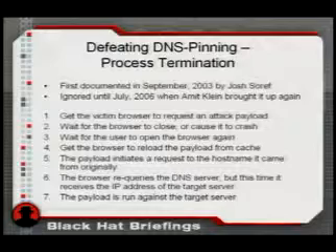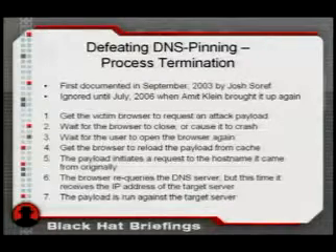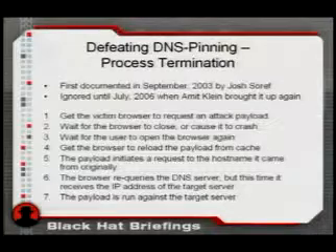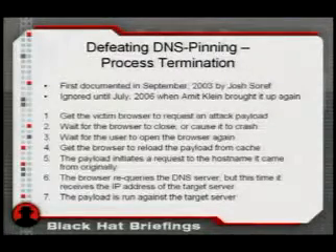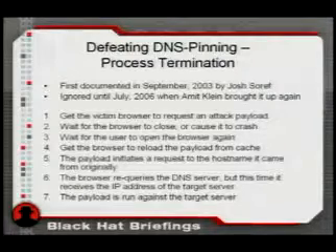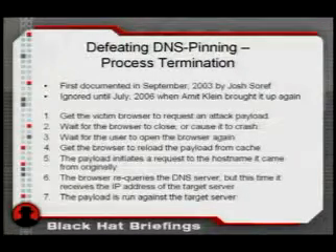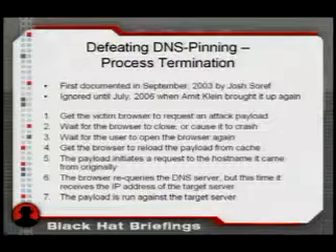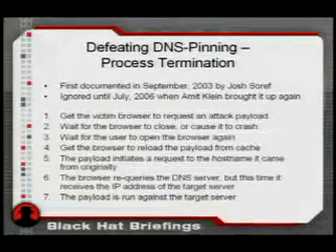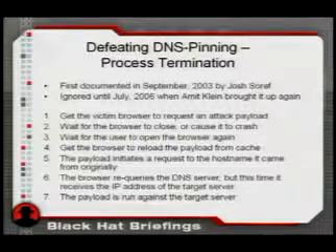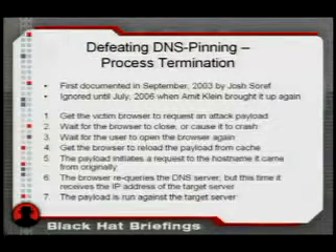The security community didn't look at it much. It didn't get much reference that I could find, at least, until last summer, when Amit Klein made a reference to it in a post on the WebAppSec mailing list. The attack goes something like this. Trick a browser into going to a malicious site, the browser downloads a payload, and the attacker either waits for the user to close the browser or causes the browser to crash, which I think most of us know is usually trivial. Now, this point is pretty easy, fairly straightforward.